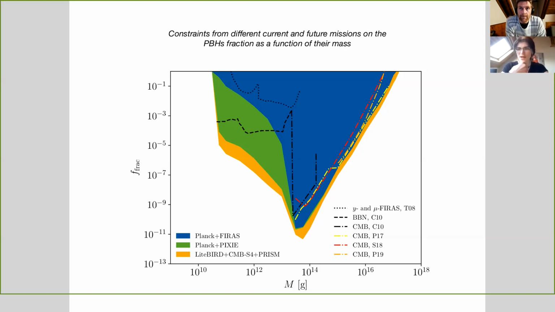It has a bigger impact on spectral distortions than on anisotropies at this point. Cool. So this was the last figure I wanted to show here, and this is just another case where we show how much spectral distortions can contribute. So we're of course not saying that spectral distortion should be taken alone, but we really wanted to highlight that if you consider the CMB, temperature, polarization, lensing, you're still missing one piece of information, which are the spectral distortions.